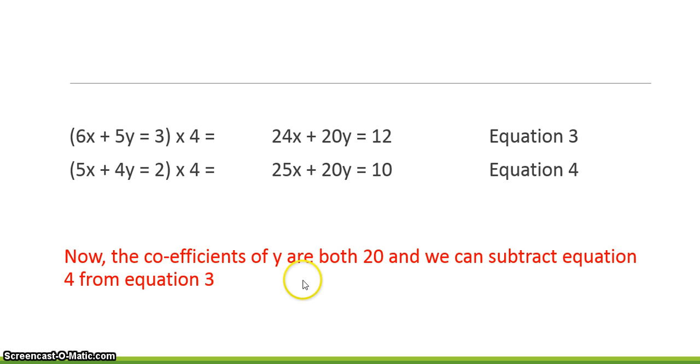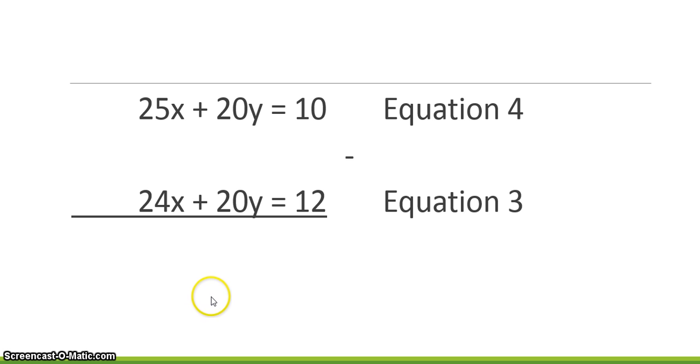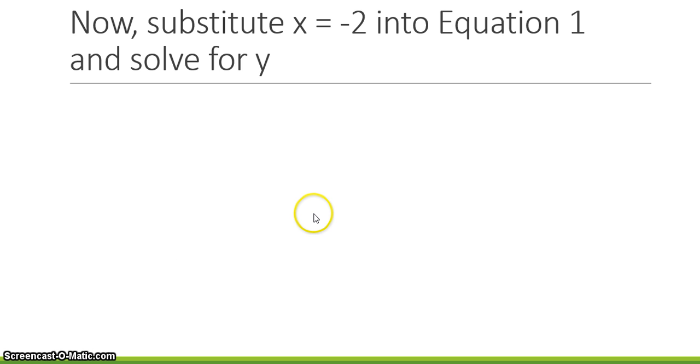Now the coefficients of y are both 20 and I can subtract equation 3 from equation 4. This is how it looks. 25x minus 24x gives me 1x. 20y minus 20y gives me 0. 10 minus 12 gives me negative 2. Now that I have x is equal to negative 2, I can substitute x is equal to negative 2 into equation 1 and solve